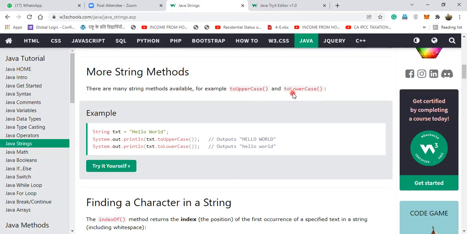You see here, every function begins with a small letter, and every class begins with a capital letter. String is a class, capital S. System is a class, capital S. println is a function, so small letters. Understood?